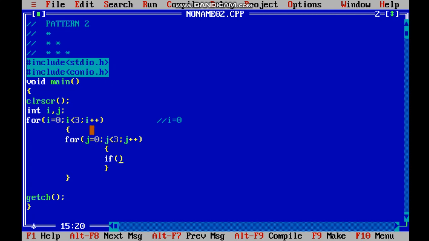Now again here I use an if condition. Don't get confused, we can use as many for loops or if conditions inside as we want, but do not get puzzled. Now under the j for loop we are going to use a condition, and the condition will be very simple: I is greater than or equal to j. I have not verified this algorithm, so right now I am working out why I put it. You will also come to know. I will tell you in a very good way.